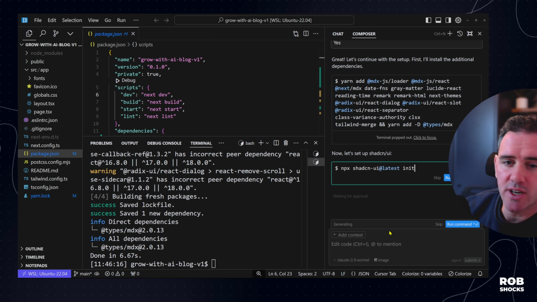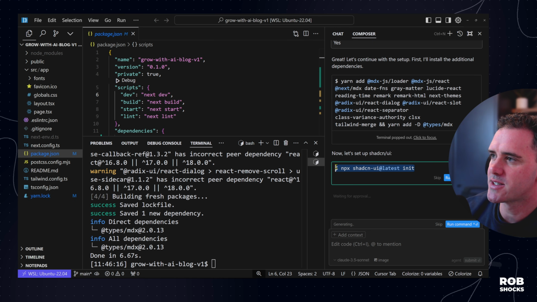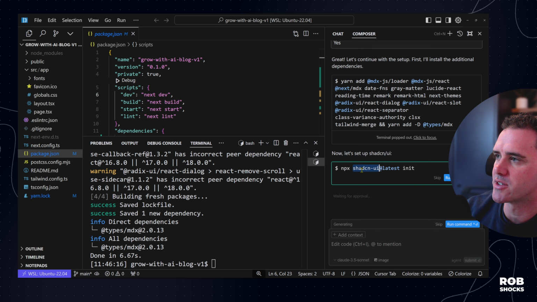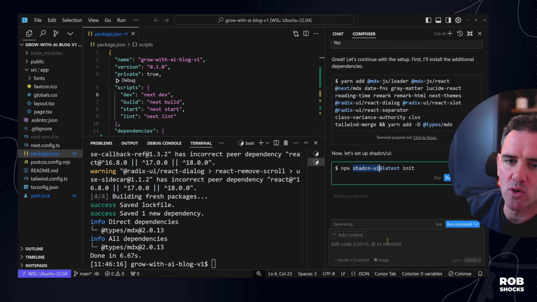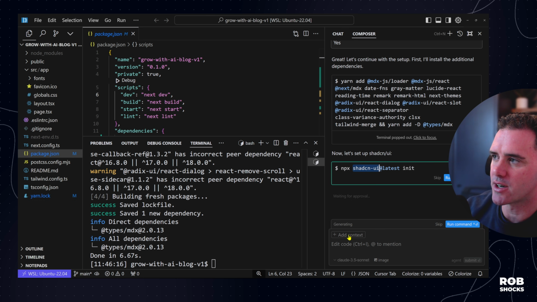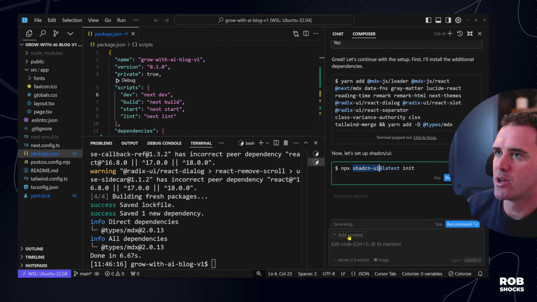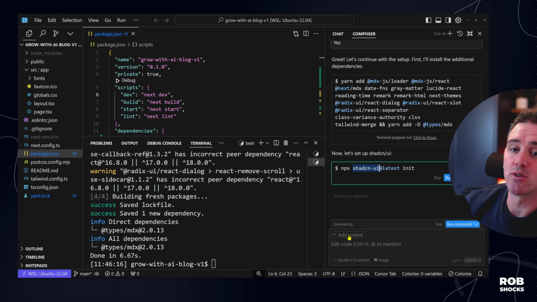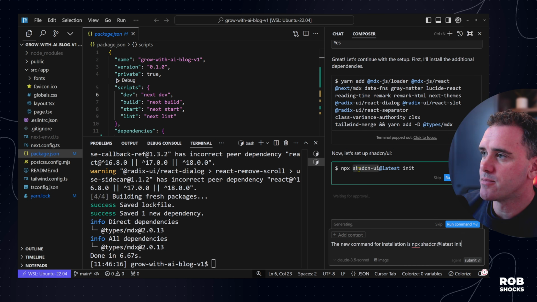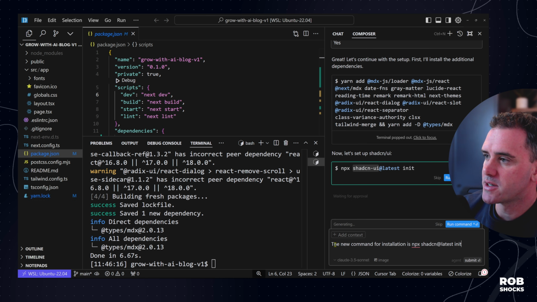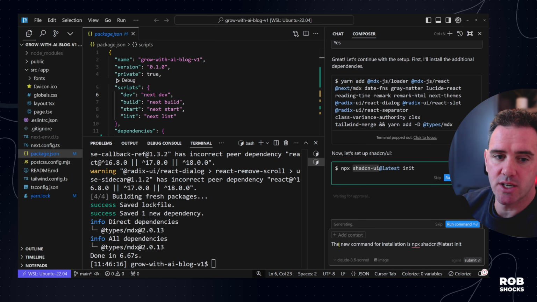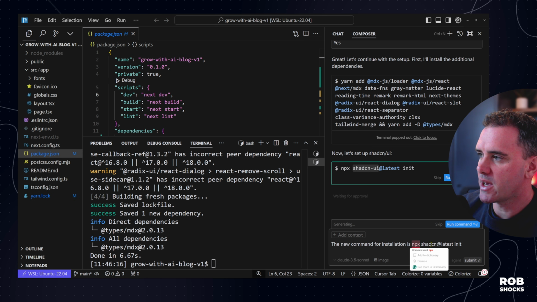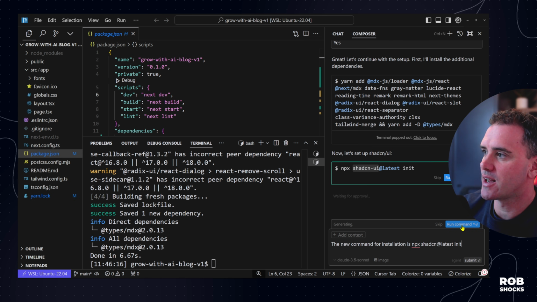So one little gotcha I've seen as an error is that when installing Shadcn using Cursor, it's still using the old version of installing it, and this can cause some errors. What you want is just shadcn. So what I normally would do is add in context here and add the latest documentation, or in my Cursor rules file, you can have specific instructions to tell it where Shadcn is located. So I've just put in the correct command here that I got from the Shadcn documentation page. It's npx shadcn latest init, and let's